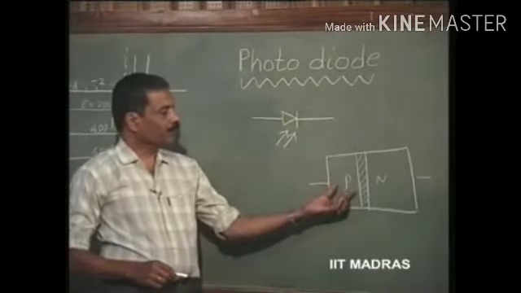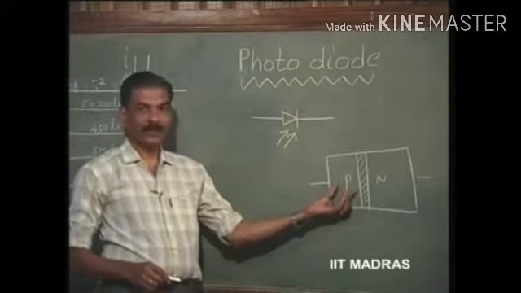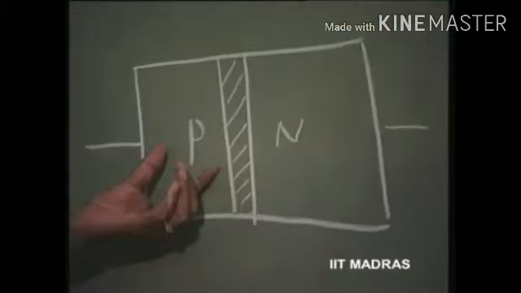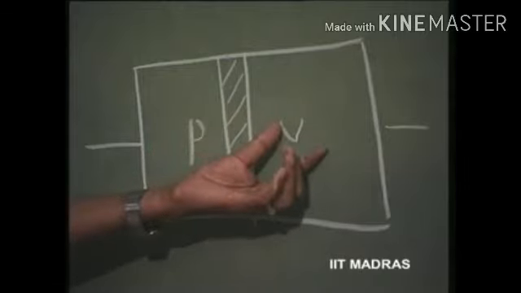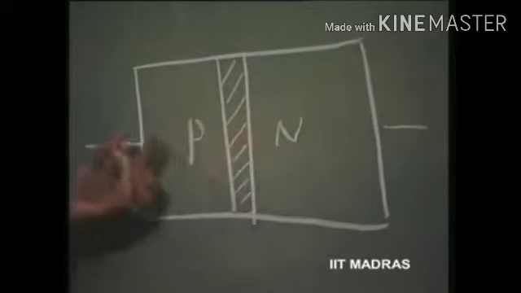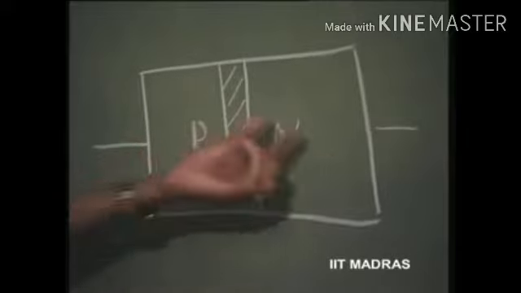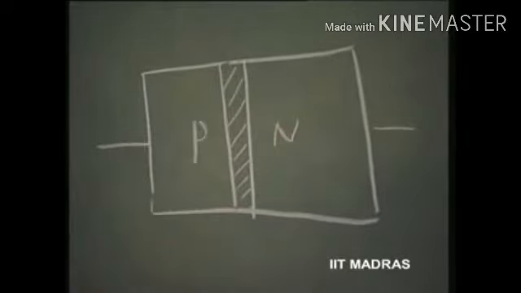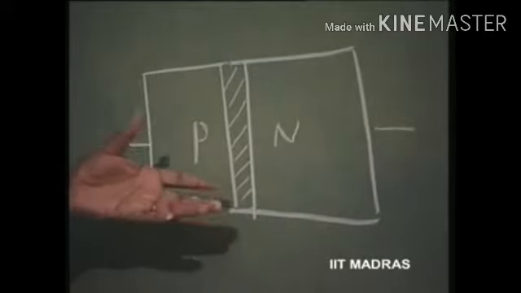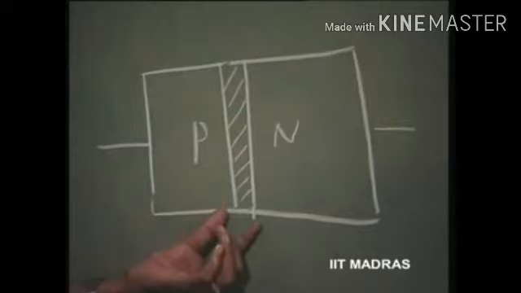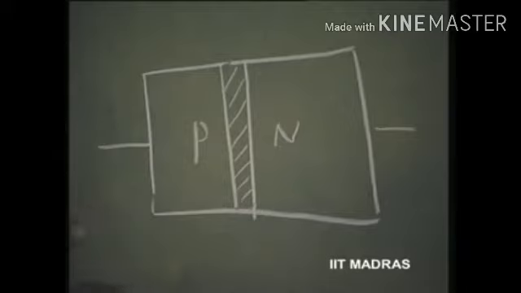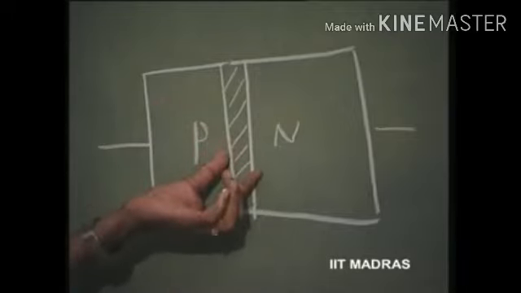That is, the p material has majority carriers which are holes and minority carriers which are electrons. Here we have majority carriers which are electrons, but minority carriers which are holes. Even though for the holes here as well as the electrons here, there has been a barrier potential hill corresponding to 0.5 to 0.7 I said, because of the existence of the depletion layer. This is happening the moment I formulate the junction. For us to have an equilibrium here, there is a potential hill created.